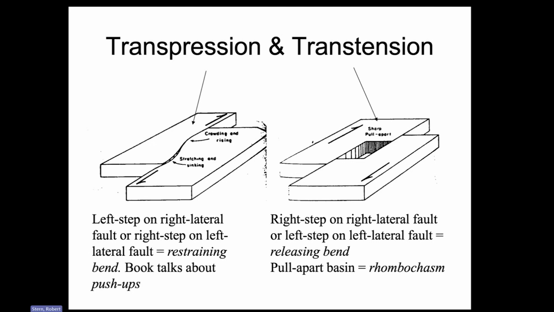a left step on a right lateral fault will set up a compressional regime. A right step on a right lateral fault will set up an extensional regime, which can be called a releasing bend. And sometimes we even talk about rhombochasms, right? This is a very diagrammatic, cartoonish example of what might happen between these rigid blocks. There could be a hole down to the center of the earth, which of course doesn't happen, but you get the idea. This is a very important concept because on the local scale, you may see compression and you go,